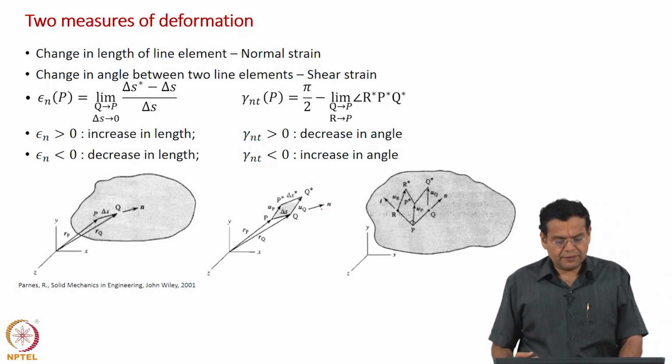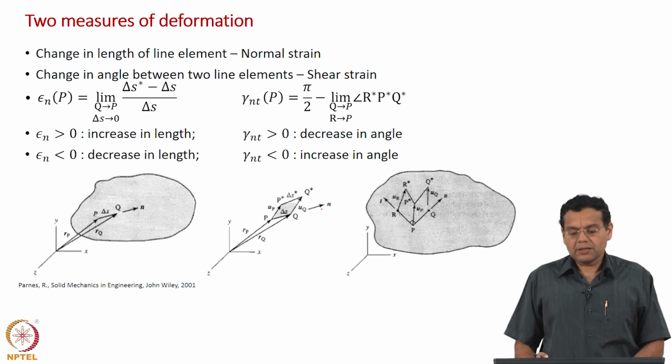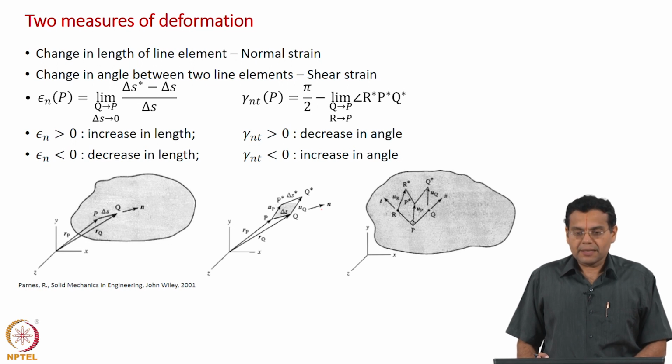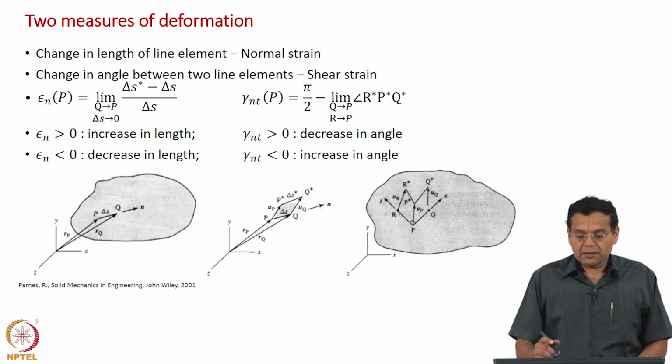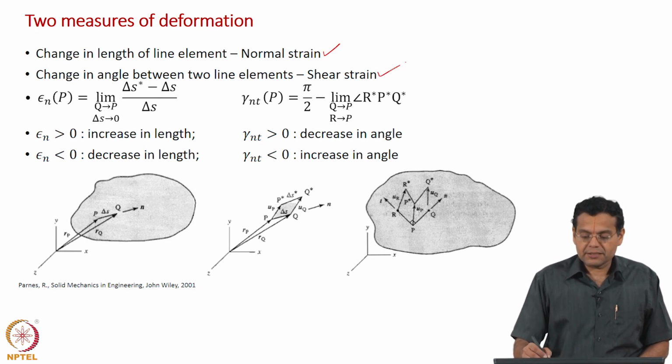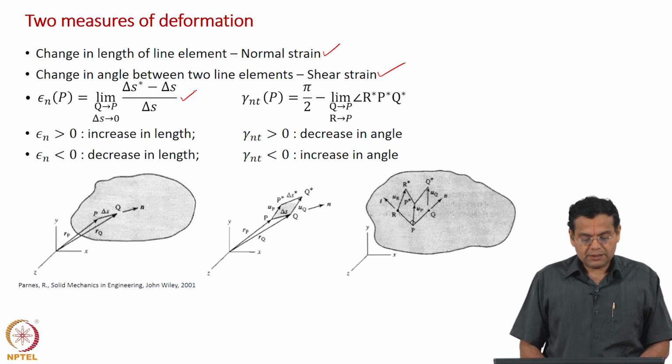Now, the order of topics we are going to discuss is analogous to what we discussed for strain under solid mechanics. So, some will be recall slides and others will be new slides for fluids. This is the recall slide where we defined normal strain and then shear strain. For normal strain it is change in length by original length. At a point we take a small line element along direction n, and the change in length by original length